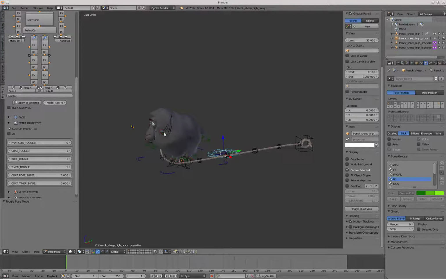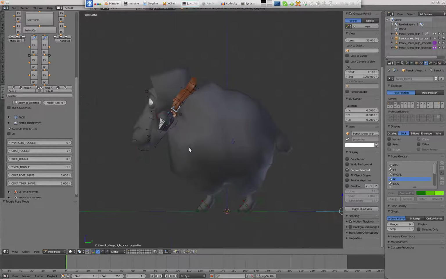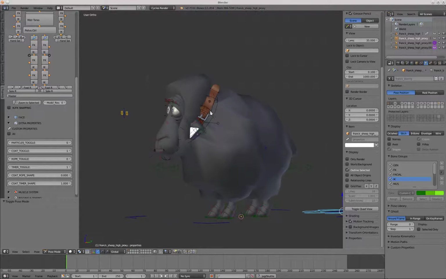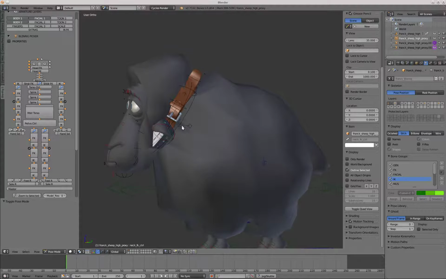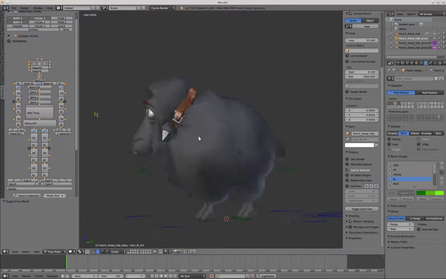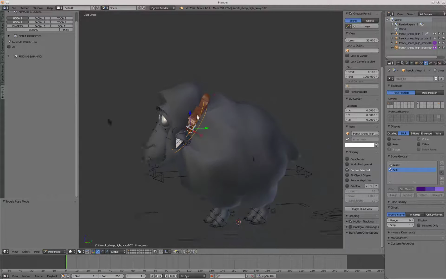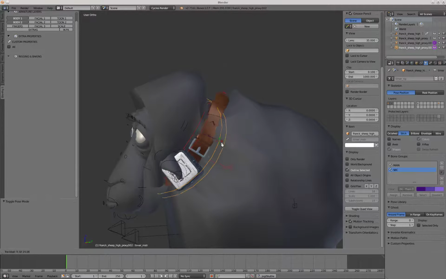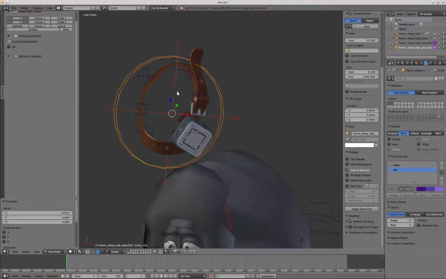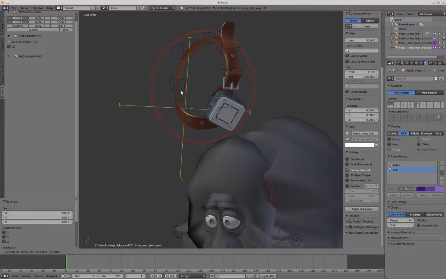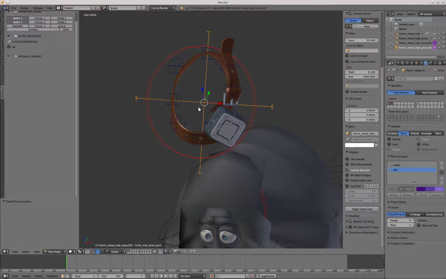So, first let's talk about the timer. I'll toggle off the rope and set the timer shape on. So now you can see we have the timer here, and the timer is stuck to the neck of the character. The timer itself has a bone called timer master that lets you move the timer around, and